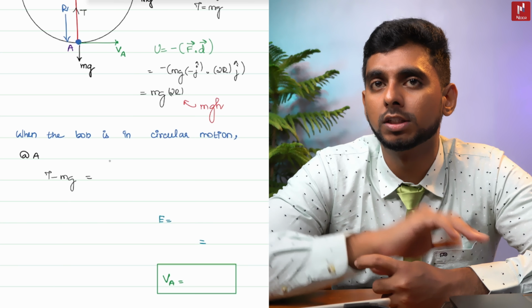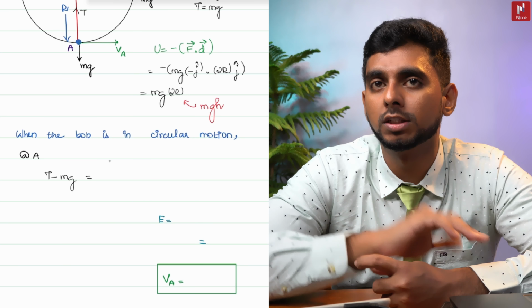So that will be greater than mg, it is mg plus m v_A squared by r. So some extra term will get added to this mg. That extra component will be responsible for the circular motion of that bob. Okay,